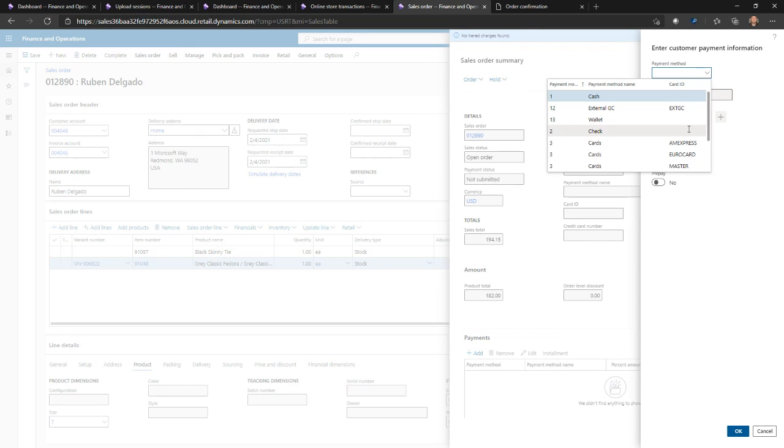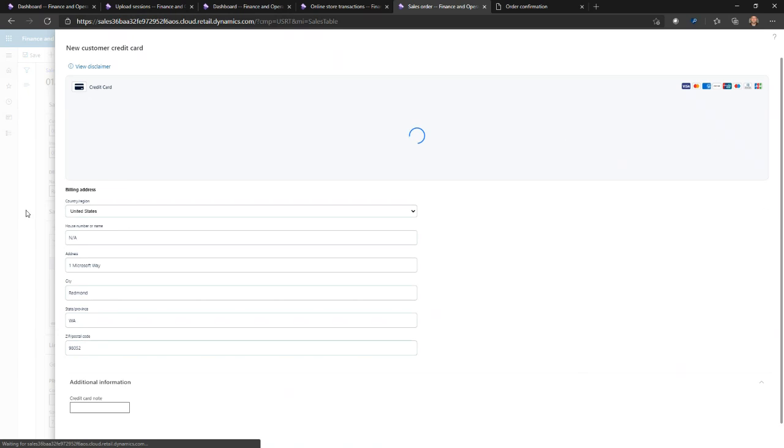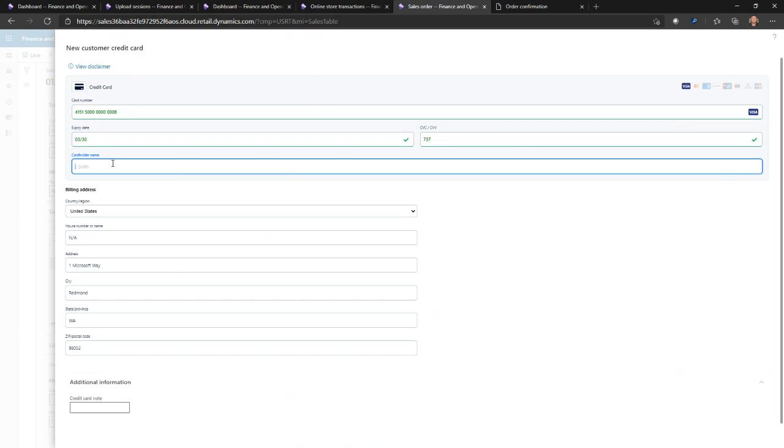So I'll say, hey, I have a personal Visa card that I'd like to use. Might as well get points while I'm at it. So the call center person pulls up this screen, and forgive the stretching here. And I tell them my credit card number, expiration date, and CVV. And what you see in here is an iframe. So this data is not entering Dynamics. These are JSON objects provided by Adyen in this case. So in this way, the data never enters the scope of our product here.